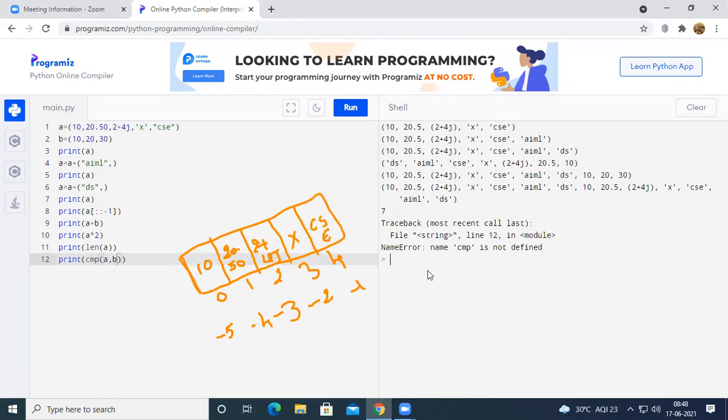Just a second, comparison is not defined. Okay, let us do this one with an example. Let us do it in a different way.